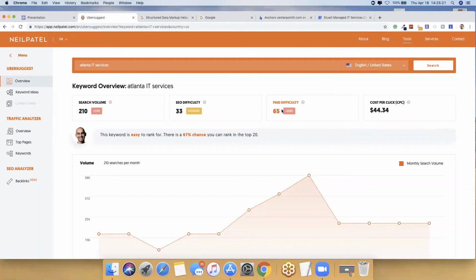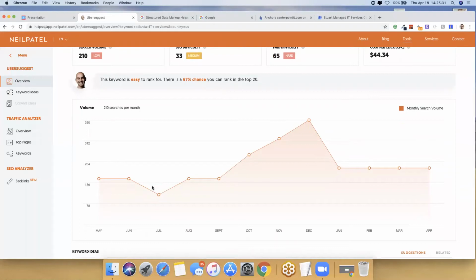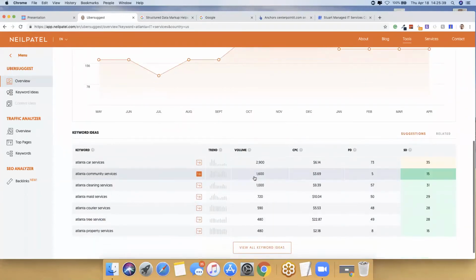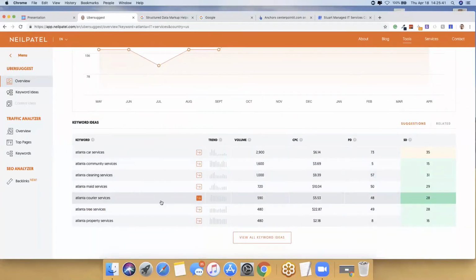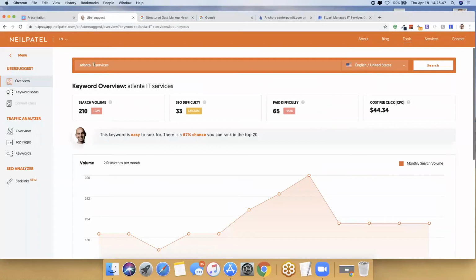Paid difficulty, to get that page, is very hard. That tells you it's going to cost you $44 a click if you did Google advertising on this one keyword alone. And you can see some trends on the searches. It looks like in December there was a peak of 390 searches and it's been kind of flat ever since. And here it gives you some other keyword ideas. Again, you're going to have to filter through this because a lot of them are not going to be relevant. But you can look at doing something like, maybe we type in